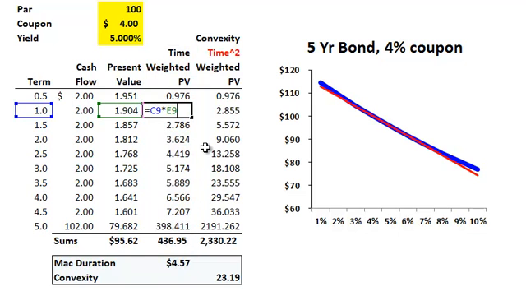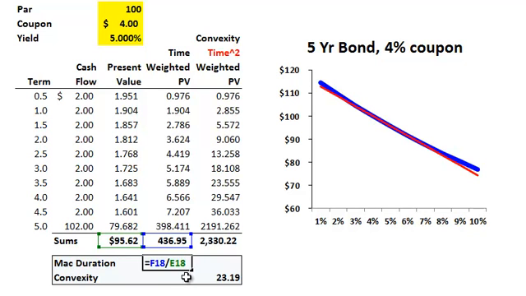And in this column here, I've got the calculations that lead to the Macaulay duration, which, you can look, is pretty straightforward here. I multiply the time or term, 1 year, times the present value of the cash flow. So basically, I'm computing here the weighted average maturity of the bond. But what are the weights? Well, the weights are the present values of the cash flows. So if I sum all of those, I get this number, and then I have the sum of this column, and if I divide that by the price of the bond,